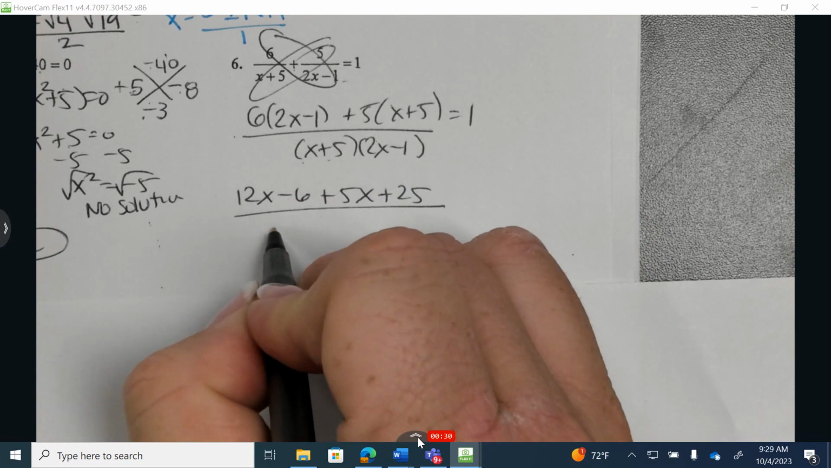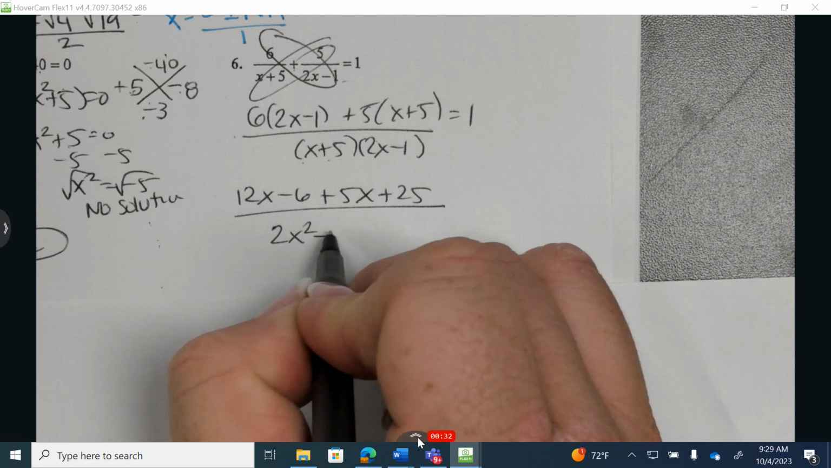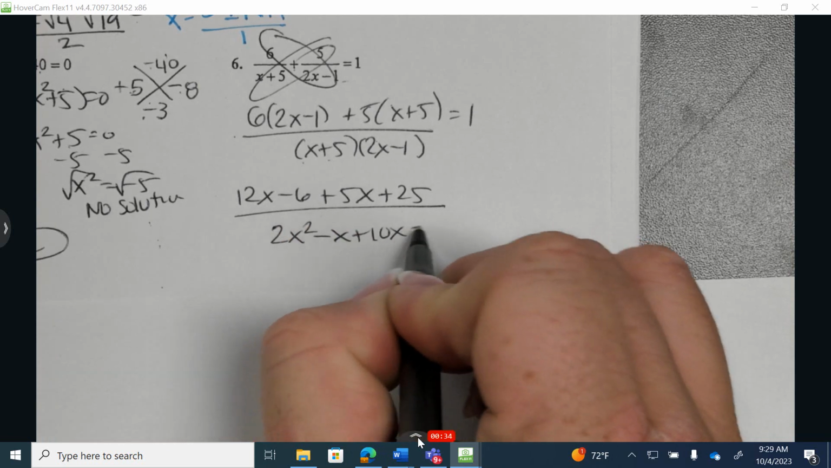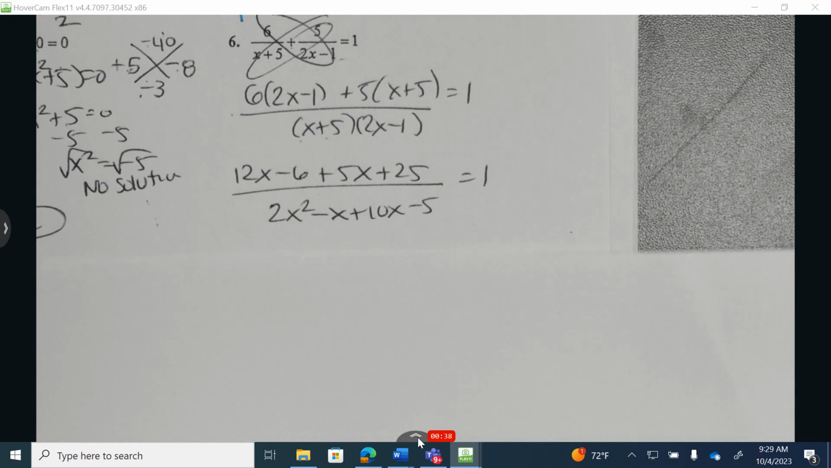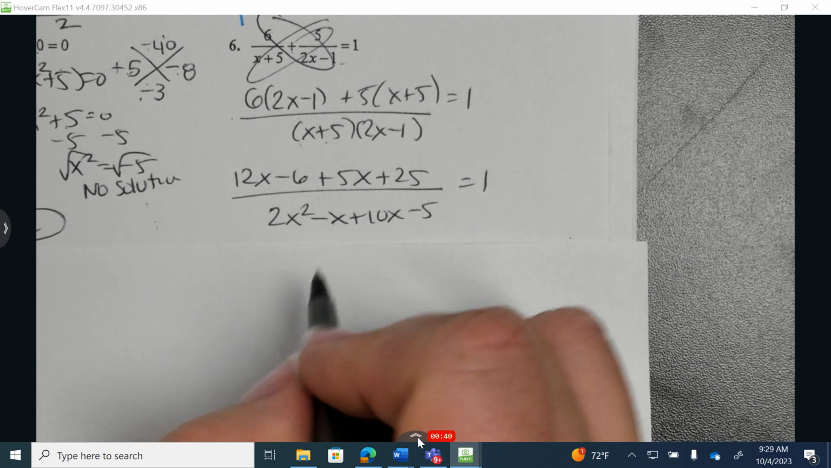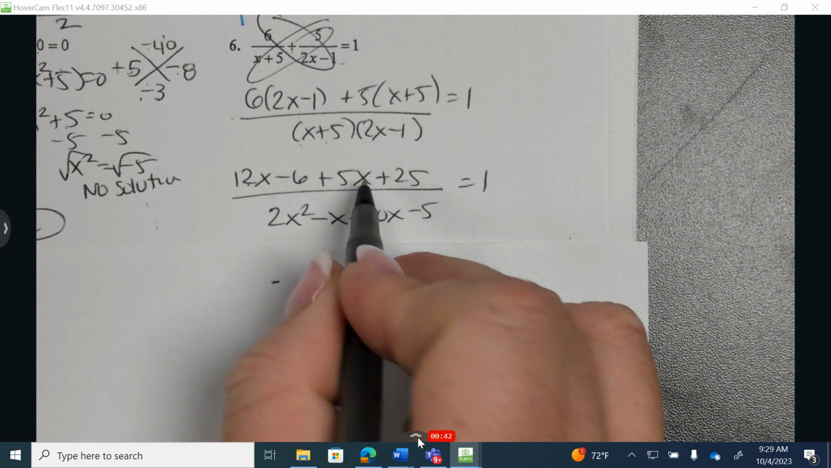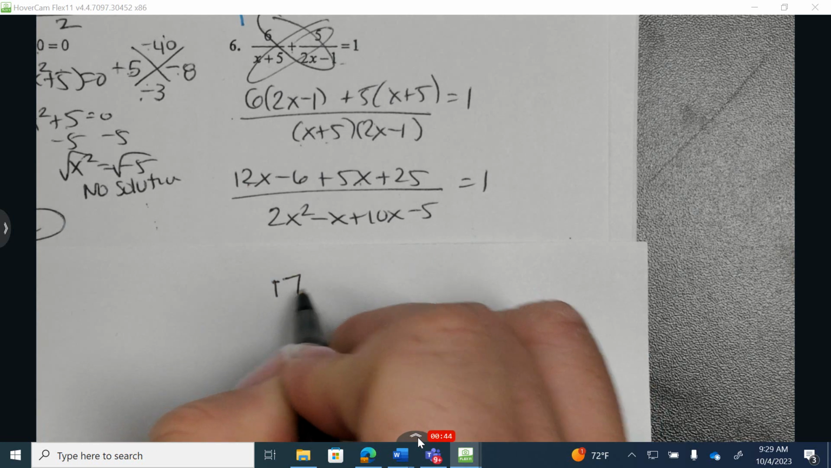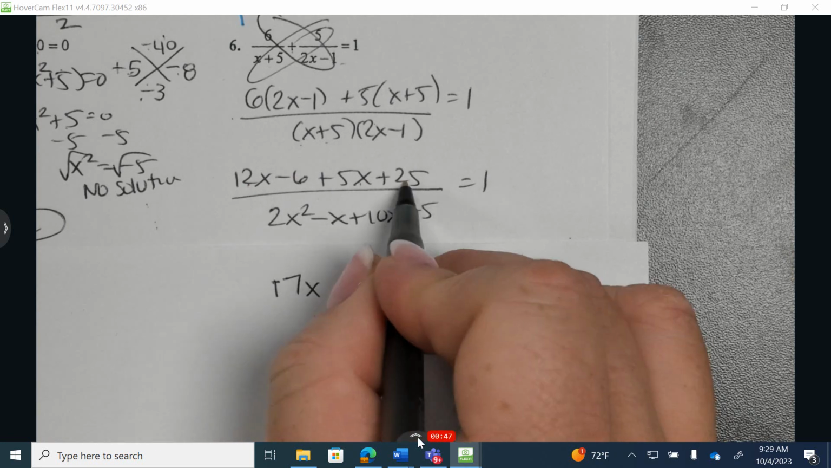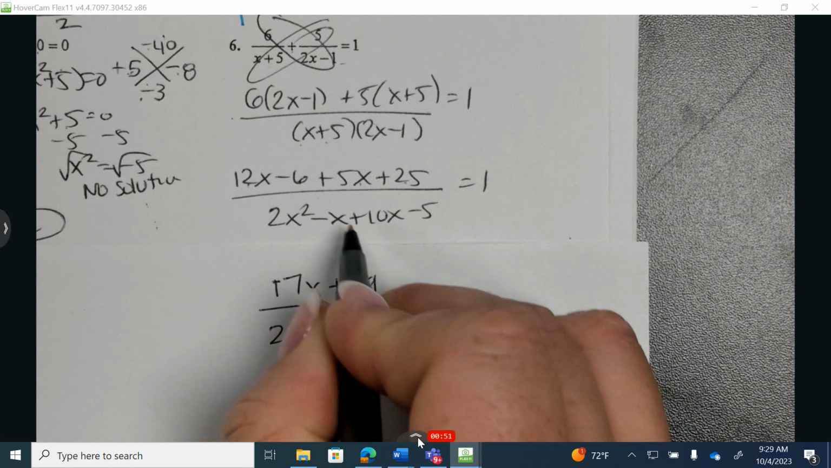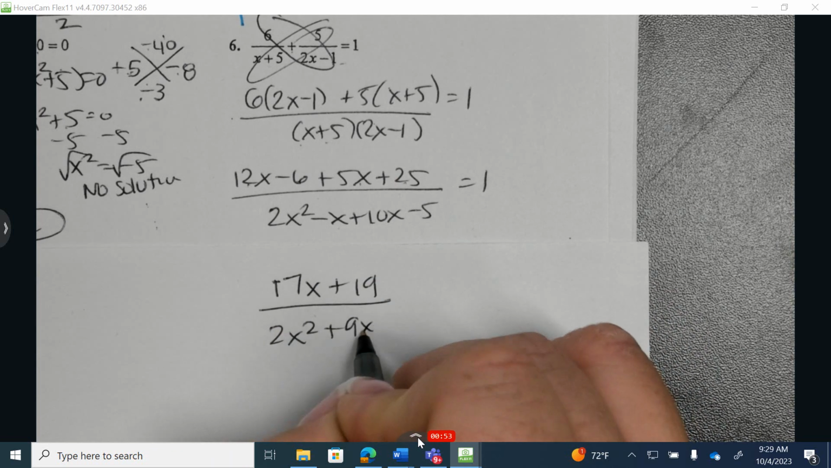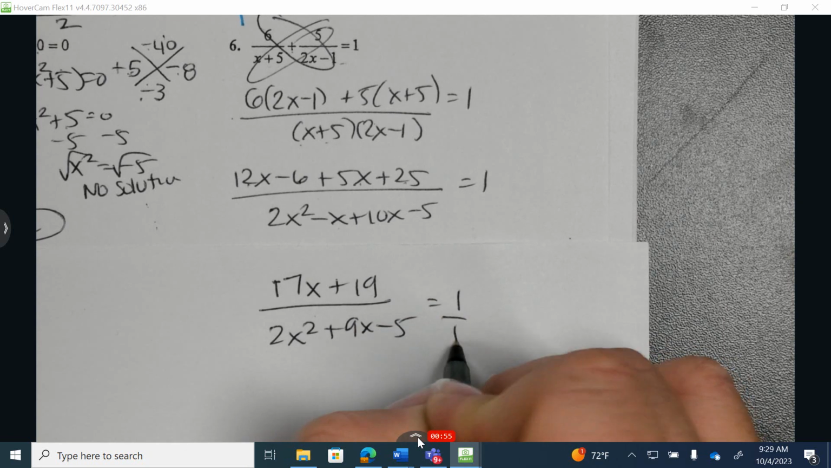Okay, on the bottom, I FOIL, I get 2x squared minus x plus 10x minus 5. Okay, let's combine like terms. I may have to write on this paper. I get, let's see, 12 and 5, it's going to be 17x, take away 5 plus 19 over 2x squared plus 9x minus 5 equals 1, which is the same as 1